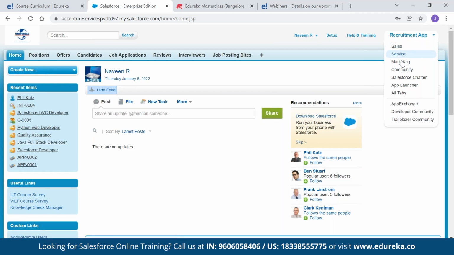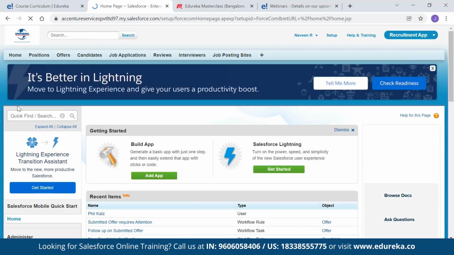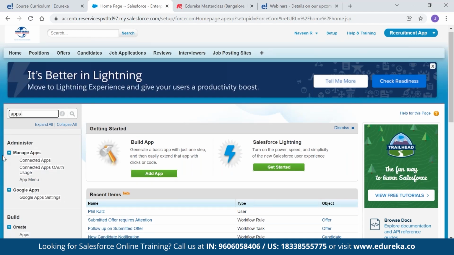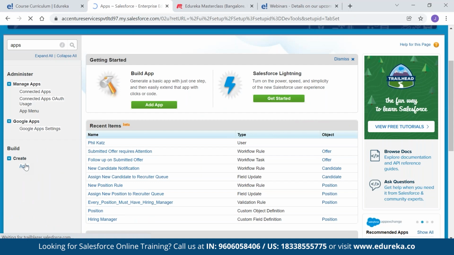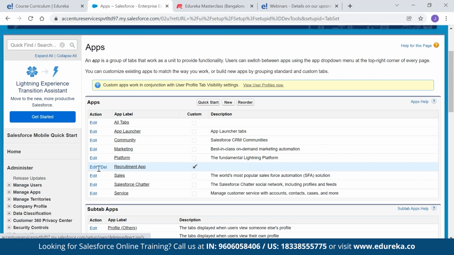So when I'm talking about this Salesforce app, where do you find it? Let me get into the setup, and if you type here apps, you'll find it under Build, Create, Apps. You can see the apps; whichever custom ones are there, you can delete, but standard apps you cannot delete.